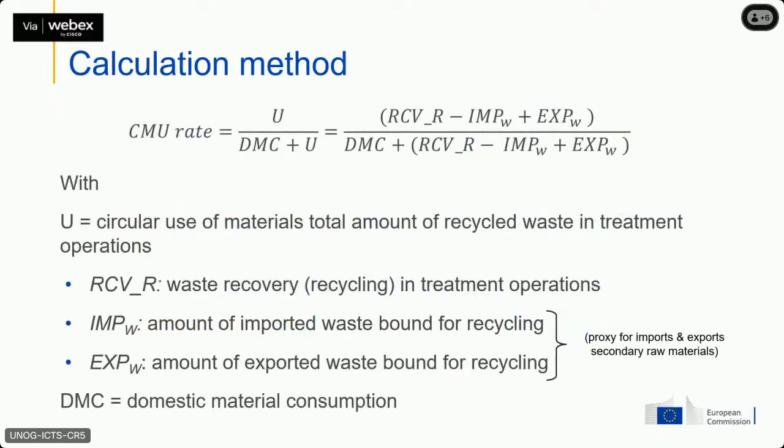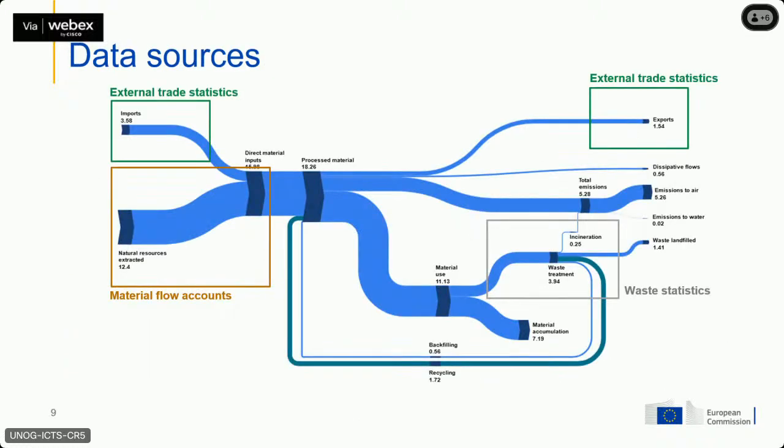Eventually, it's calculated with this formula that you have here, where we use several elements. And what I'm going to explain next is which data sources we have to estimate each one of these elements. Because basically we use three data sources: external trade statistics for the imports and the exports. Then we use material flow accounts, SEEA accounts, in particular for the extractions of natural resources. And we use waste statistics for the box on the bottom right. But because of the loop, some of the amounts are the same in the closing loop. So these are the three key data sources that you need to have if you want to calculate this indicator